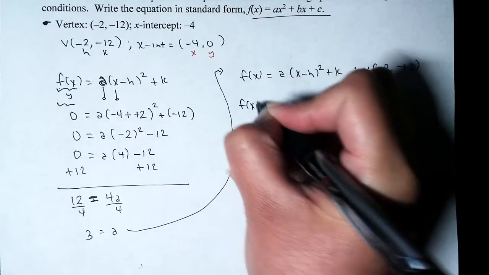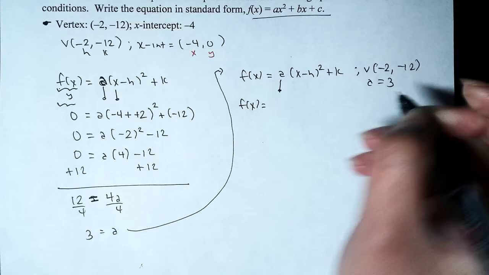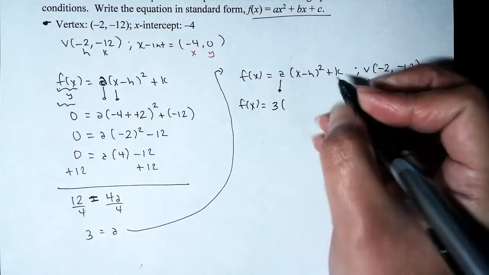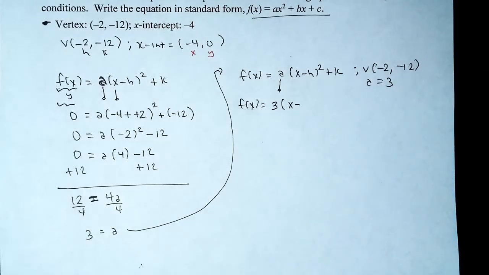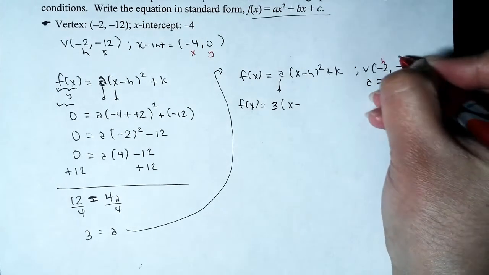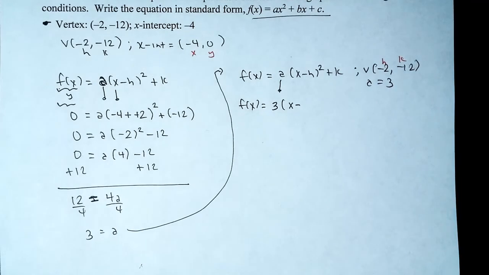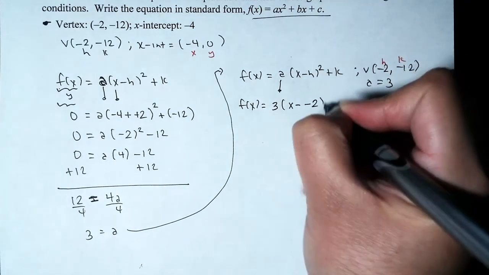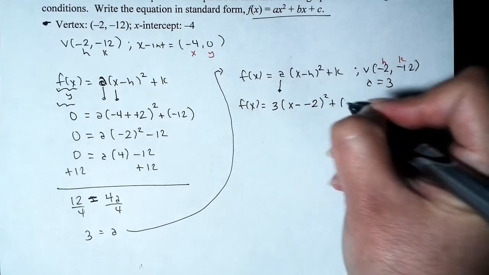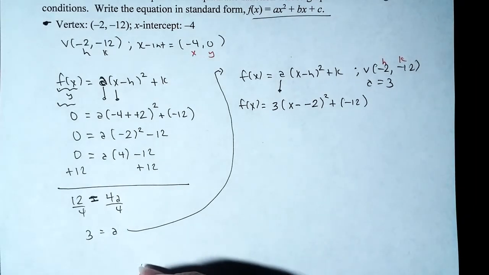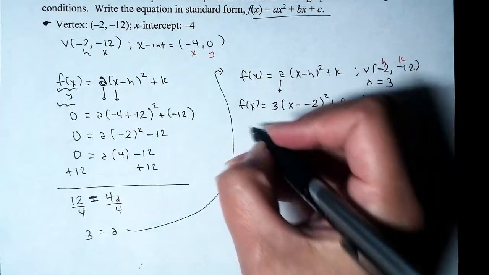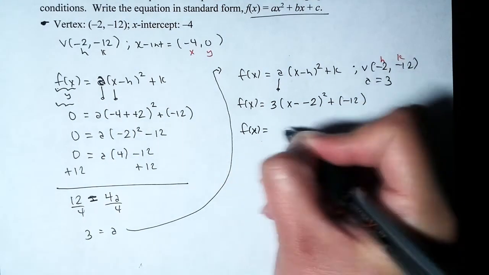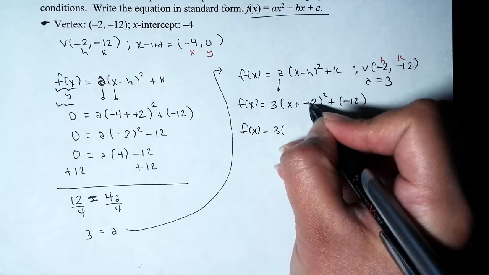So we have f of x equals a, which thanks to our hard work is 3, times the square of x minus h. The vertex is of the form h, k, so h will be -2, squared, plus k, which is -12, and that's pretty much the answer. The reason why it's not accepted for full credit is because we have to put it in standard form. Okay, so we have f of x equals 3 times the square of x plus 2,